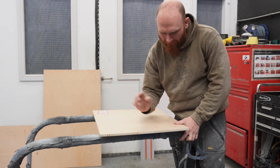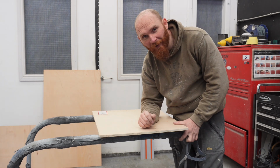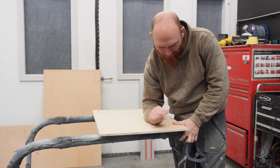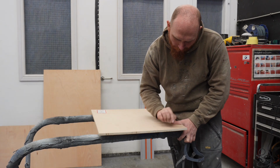So I'm just doing trial and error, placing it in the van and seeing what's rubbing on the ceiling and marking it out on the wood and just...